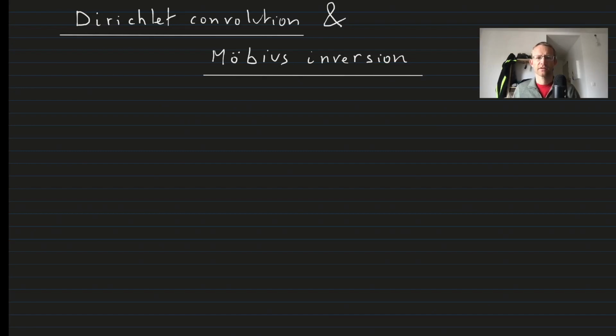Let's define Dirichlet convolution and prove the Möbius inversion formula. We start out with two arithmetic functions, which are functions from the integers starting at 1 into the complex numbers. If we have two such functions, we can define their Dirichlet convolution, denoted by star,